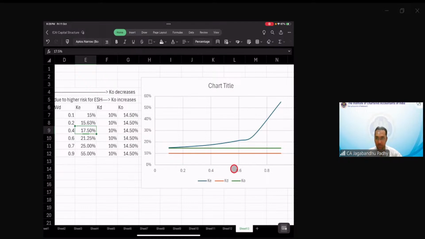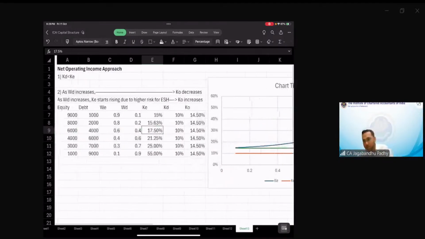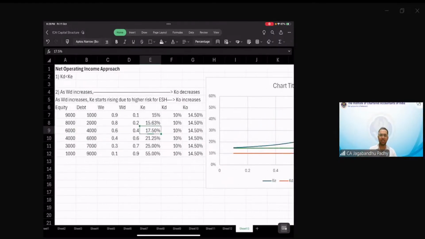amount of debt. Okay, Shinish is asking, can you explain in which scenarios the NOI approach is implemented? It's not something which is getting implemented. It's a theory which is getting debated. So it's not a policy that you are going to implement. Okay, so I'm not implementing any rule or any policy. It's a theoretical aspect. It's a discussion that is being undertaken on whether something is impacting the value of the firm.